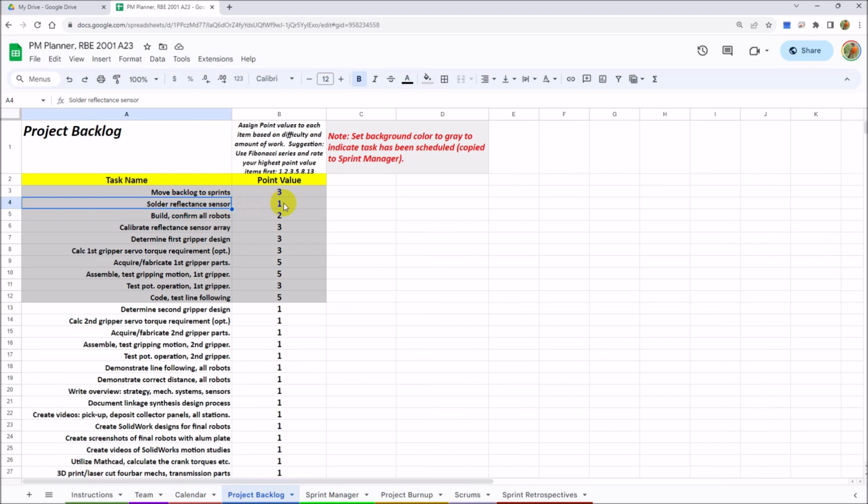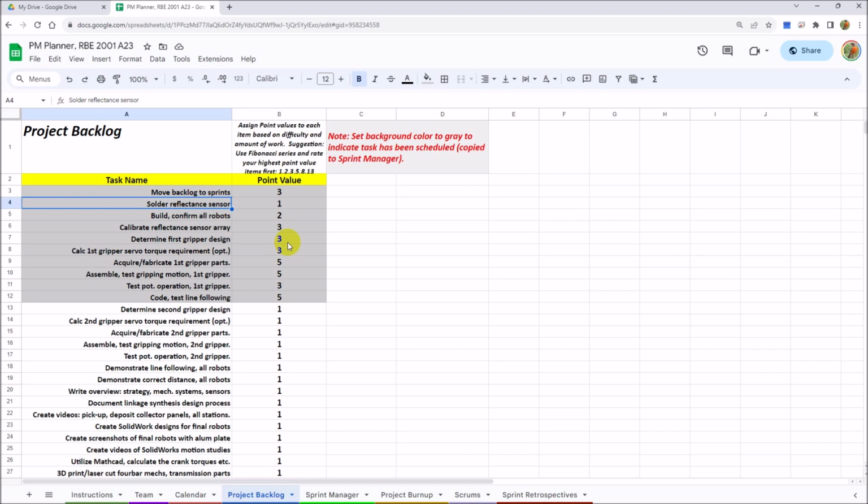And then in the column immediately after the name is a thing I call here the point value. Well, what is point value? It's something that you assign. Notice from below here, they're all set at 1. Well, they're not going to be 1 by the time you get going. This is an estimate. It's just your best guess on how hard, how risky, or how much work. It's kind of an amalgam of all three of those things together. And the higher the number, the more work you have to do, and the more risk you have in that